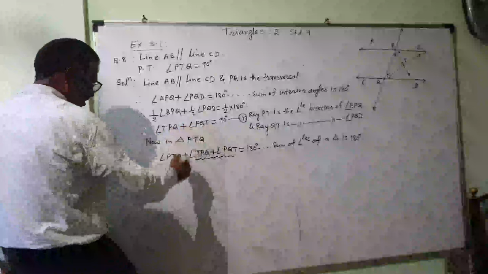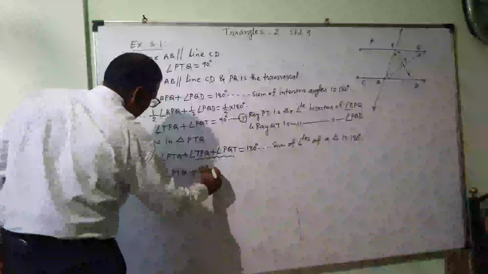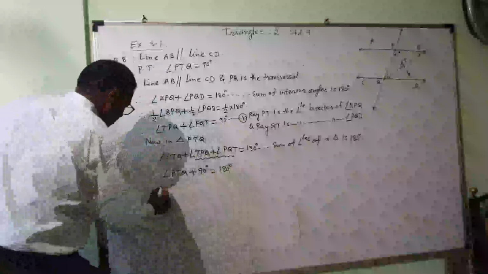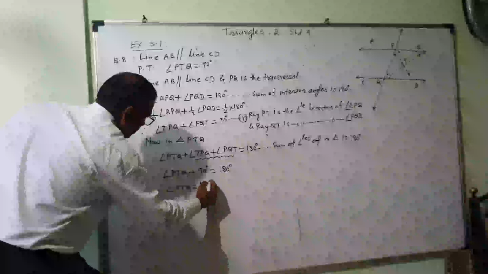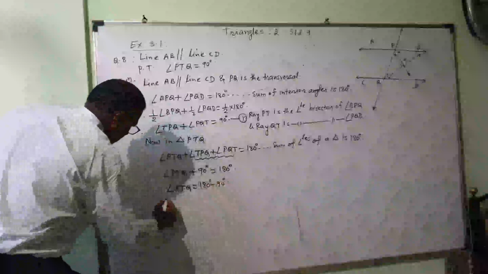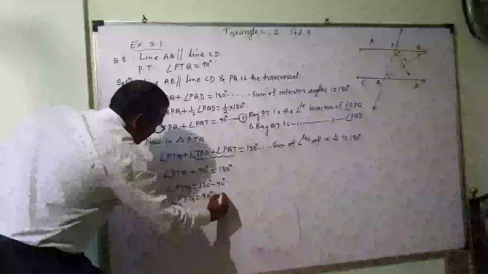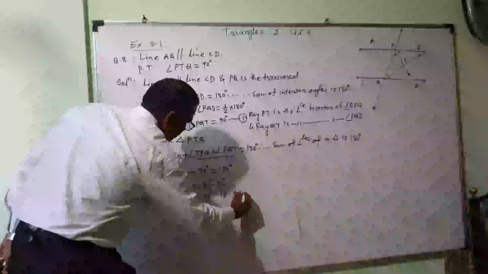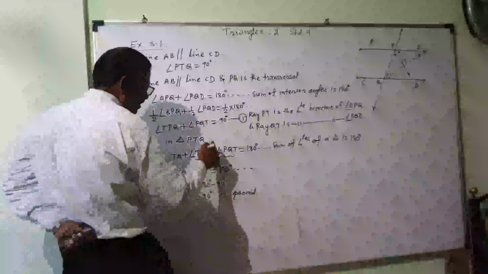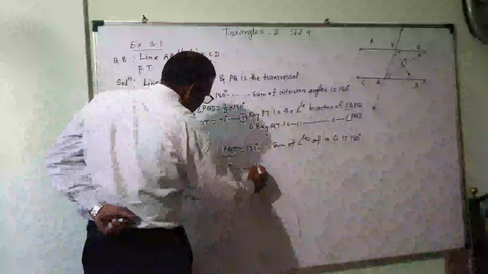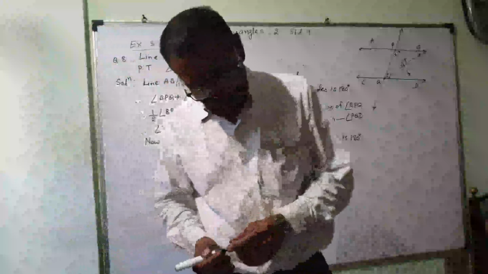See this? 90 degree. So angle PTQ plus this is 90 degree is equal to 180 degree. Therefore angle PTQ is equal to 180 degree minus 90 degree. Therefore angle PTQ is equal to 90 degree is proved. So here give the reason. Sum of these two is 90 degree. From where you have understood? From 1. So you will write from 1. And this is the proof.